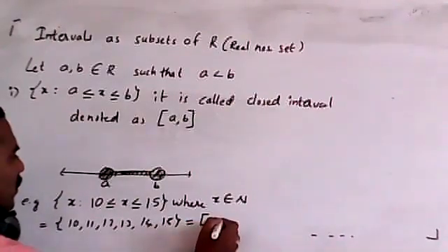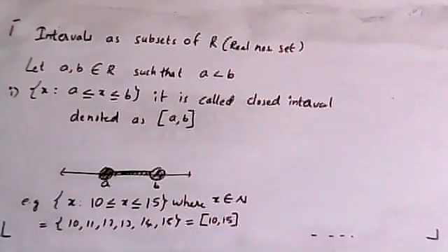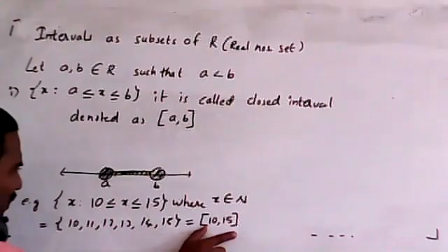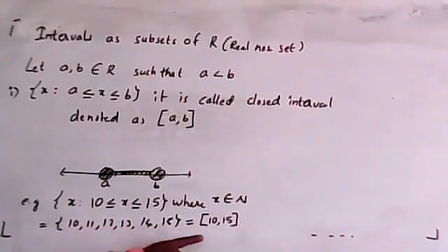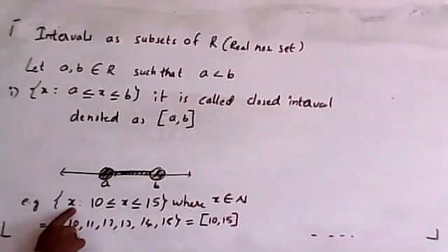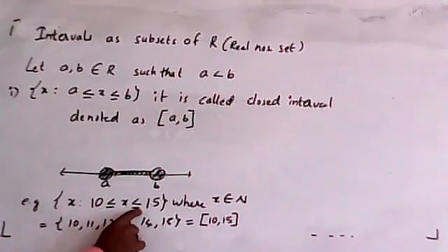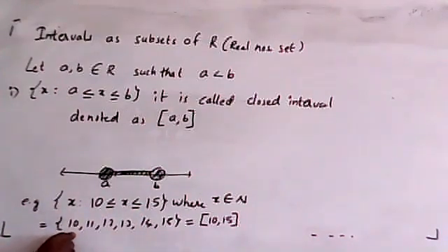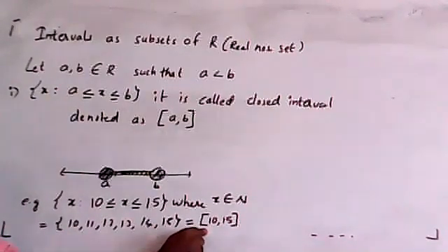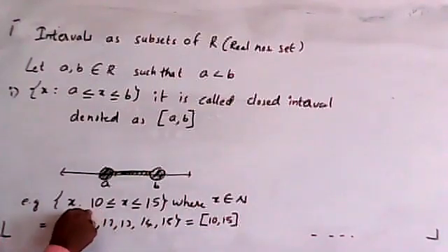Like this: 10, 15. Now many of the students may get confused. Oh, is it a set? Yes, it is also a set, but it is written in the form of intervals. So in detail I have written, and again in shortcut I have written. This is the rule method, which means the set builder method. This is the listing method, which means the roster method. We will list all the elements. This is the roster method. But the same I can write in rule method, meaning set builder method.